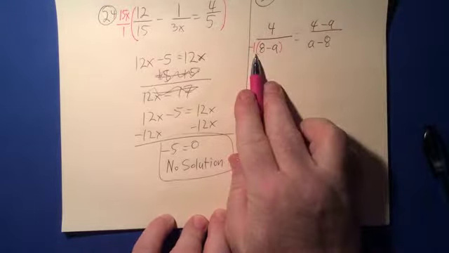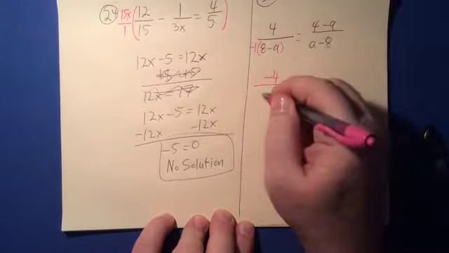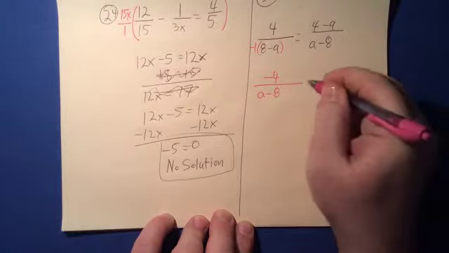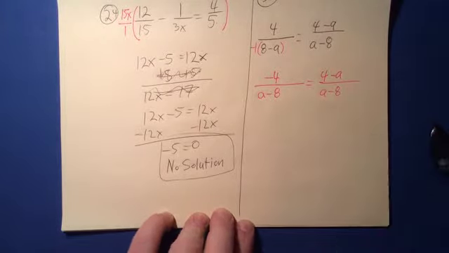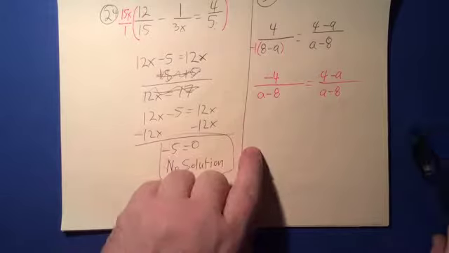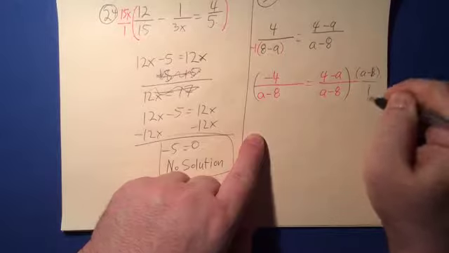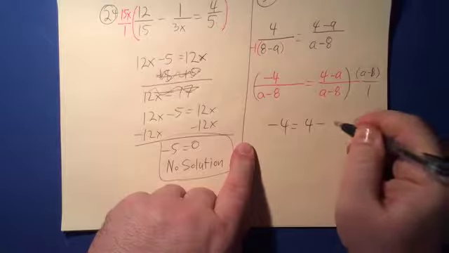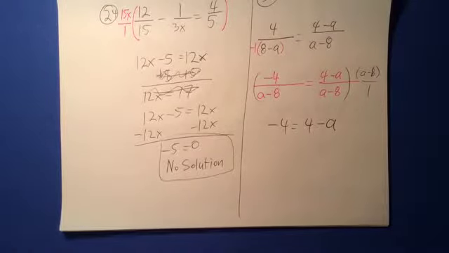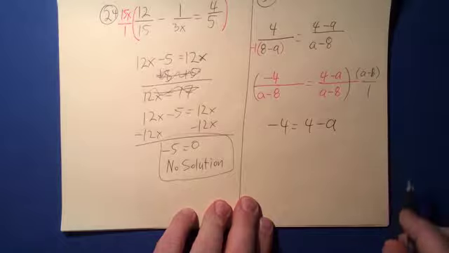Now when I factor out the negative 1, I'm going to rewrite this, but with a negative on top. So I'm going to write this as negative 4 over a minus 8 equals 4 minus a over a minus 8. And now that we have the same denominator, if I multiply through by a minus 8 over 1, I'm going to get negative 4 equals 4 minus a. Because when I multiply this through, I get rid of a minus 8, I get rid of a minus 8. So when I do this now,